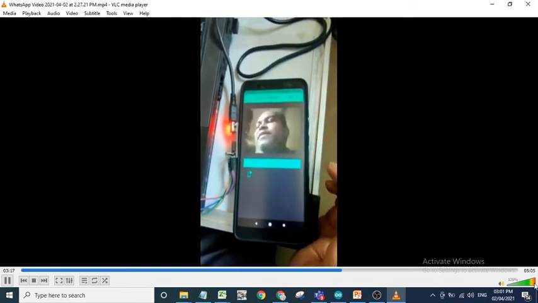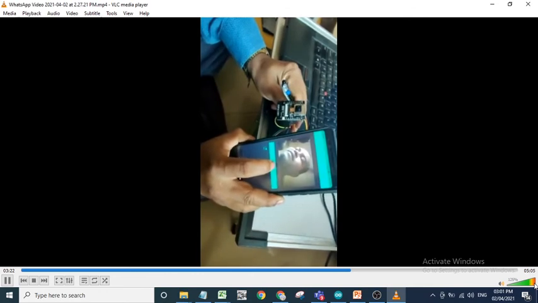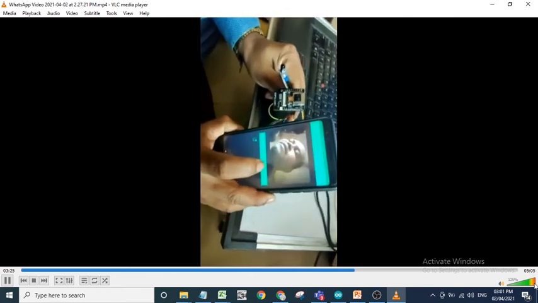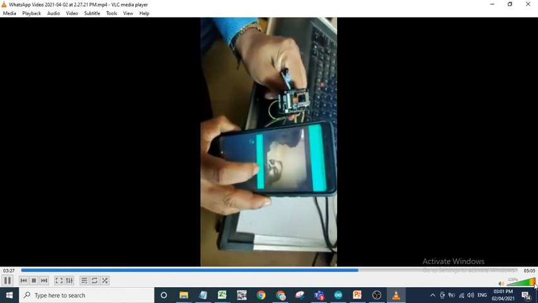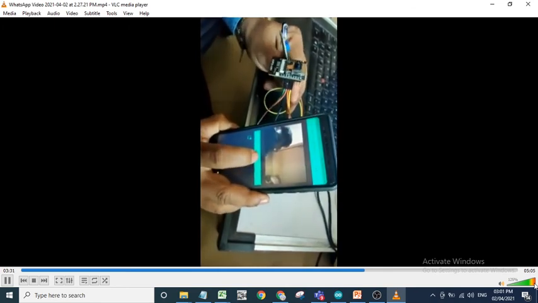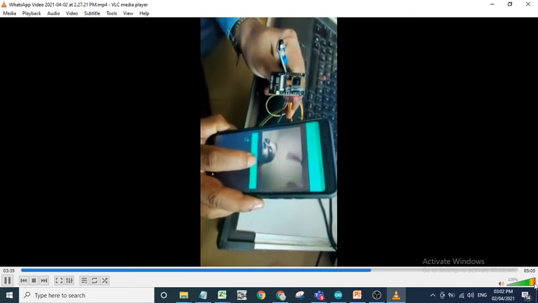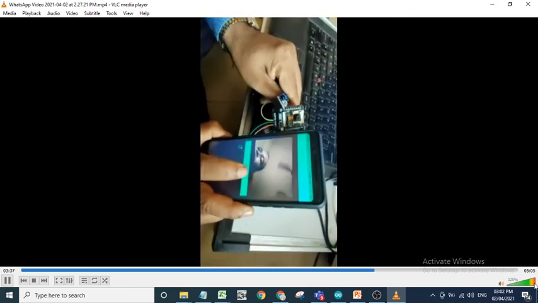So automatically a photo will be taken. So if I press here take photo, automatically the light will flash and a photo will be taken. So you can take photographs whenever you want. So this is your manual photo system, manual image system.